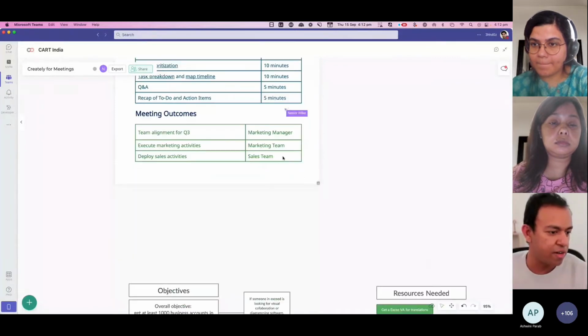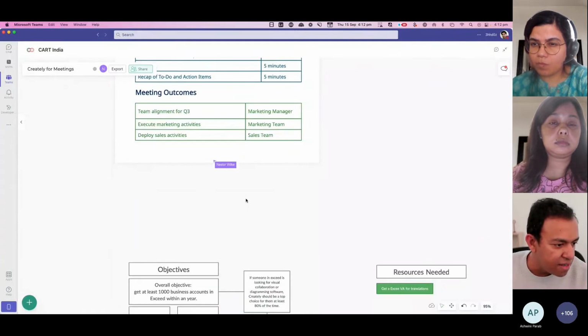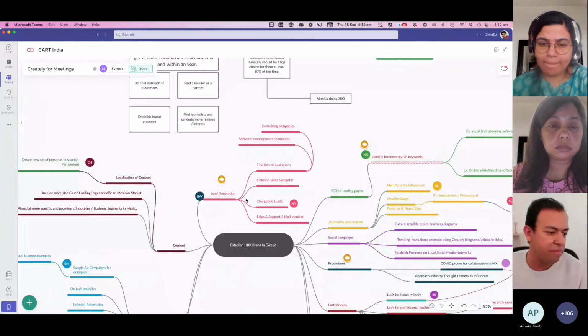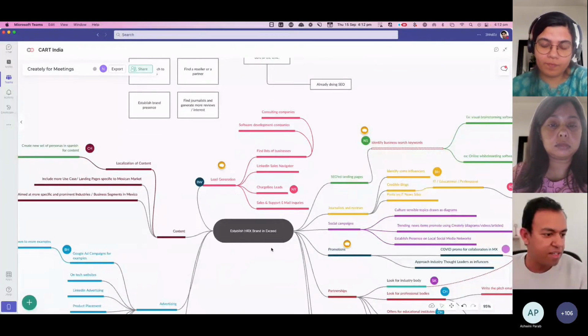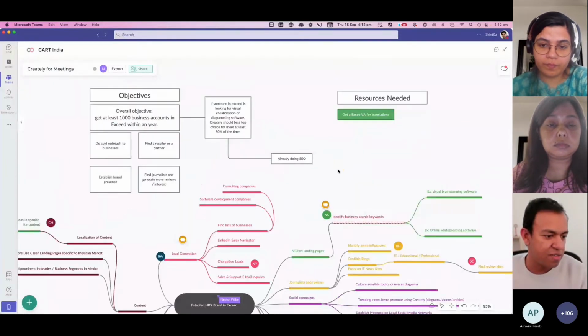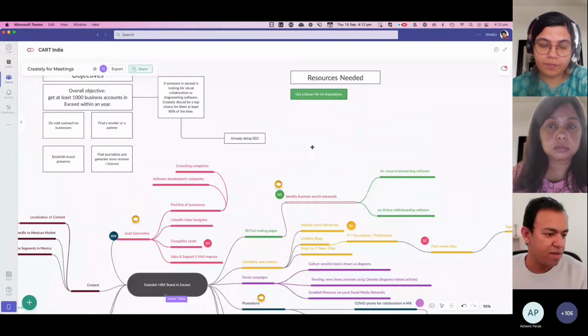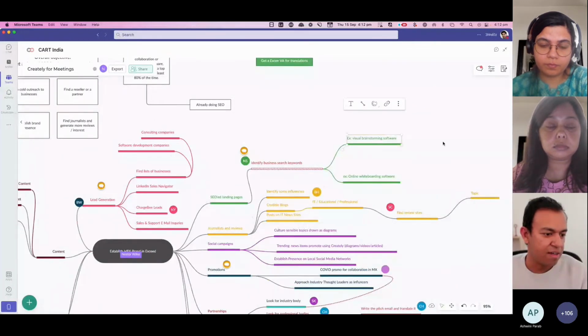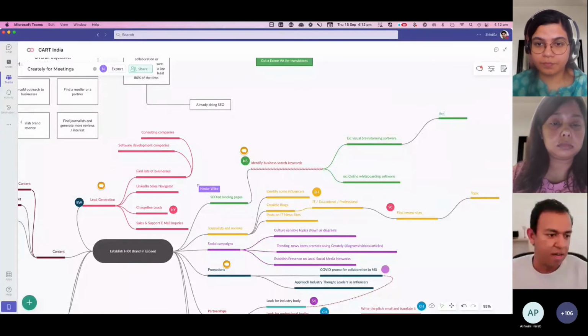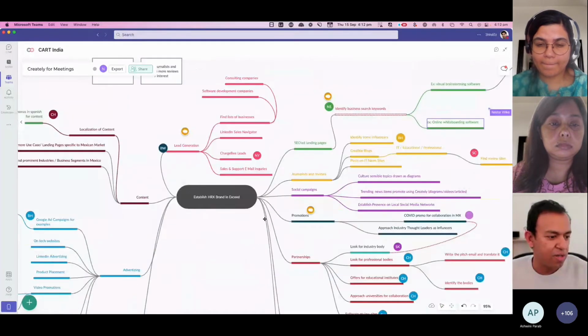Then I see Nesta already here poking in. So you have this brainstorming mind map that you've been working on. It's designed for very quick changes. So when you're in a meeting, you can work together and continue. You can just click add, type, and so on, and different types of things can be used.